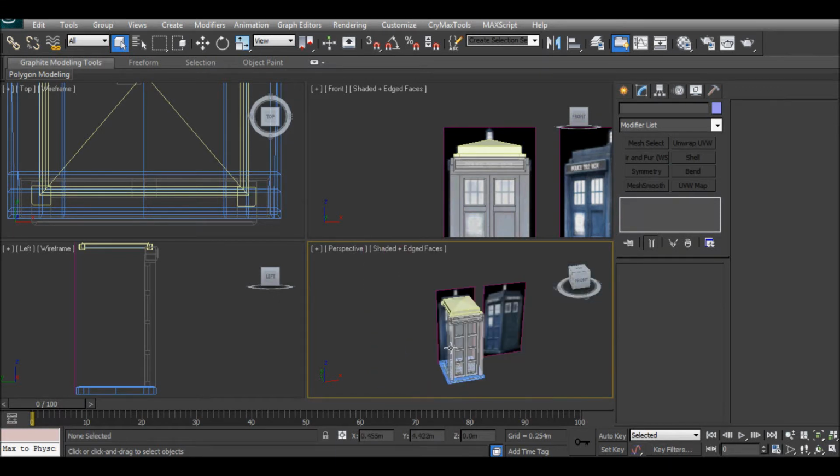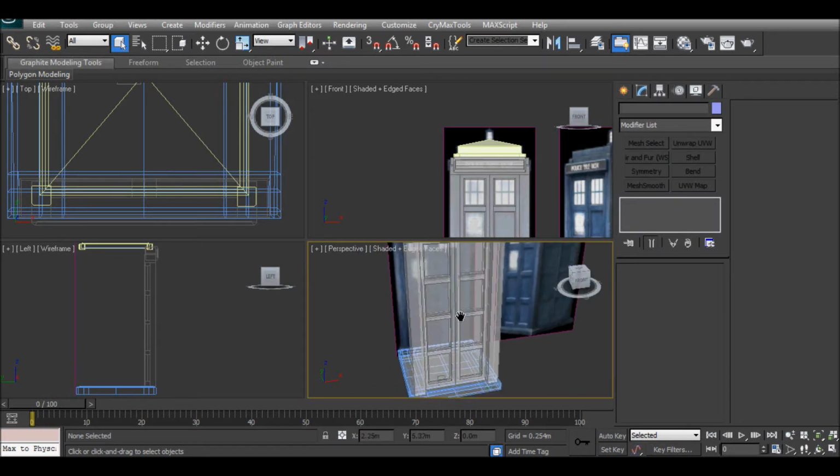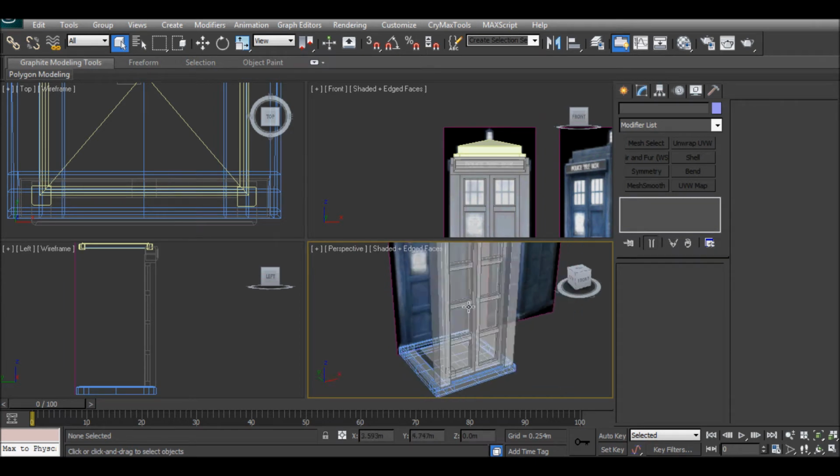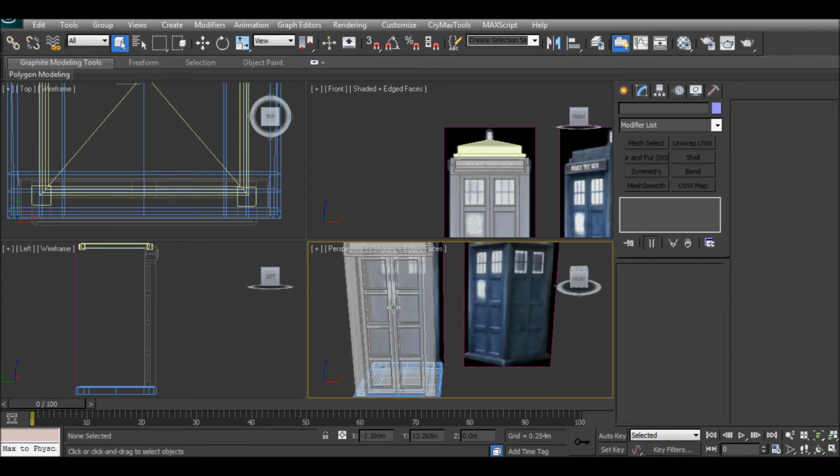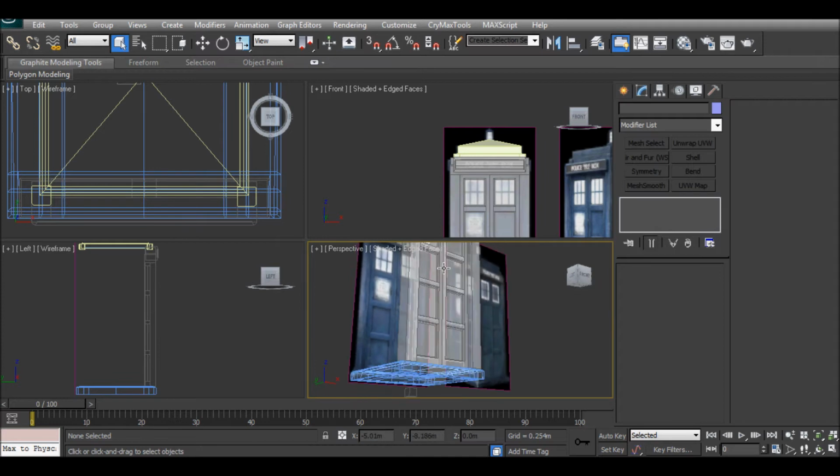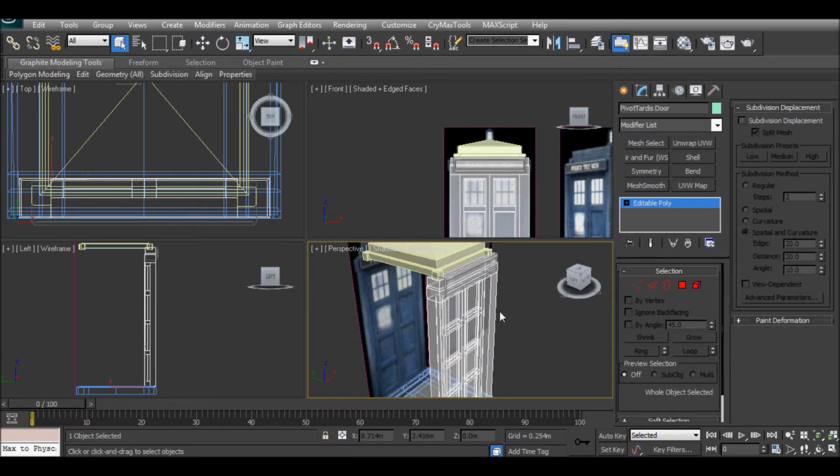Hello and welcome to part 2 of making the Tardis tutorial, the Tardis doors. This is a tutorial in 3ds Max for the creation of a Tardis. Basically, a quick note,